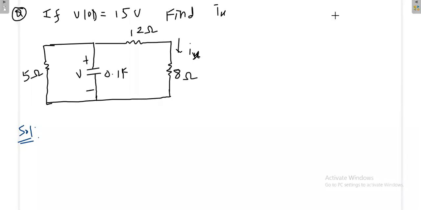So first idea is you just try to find out the voltage across the capacitor. See, this voltage is completely applied to the 5 ohm, and the same voltage is applied to the 12 and 8 ohm. Once I find out the voltage across the capacitor, but the voltage across the capacitor is not a constant quantity, it will vary with time. But once I know the voltage across the capacitor, then I can easily apply the voltage division rule here, because finally I need the current across this branch.